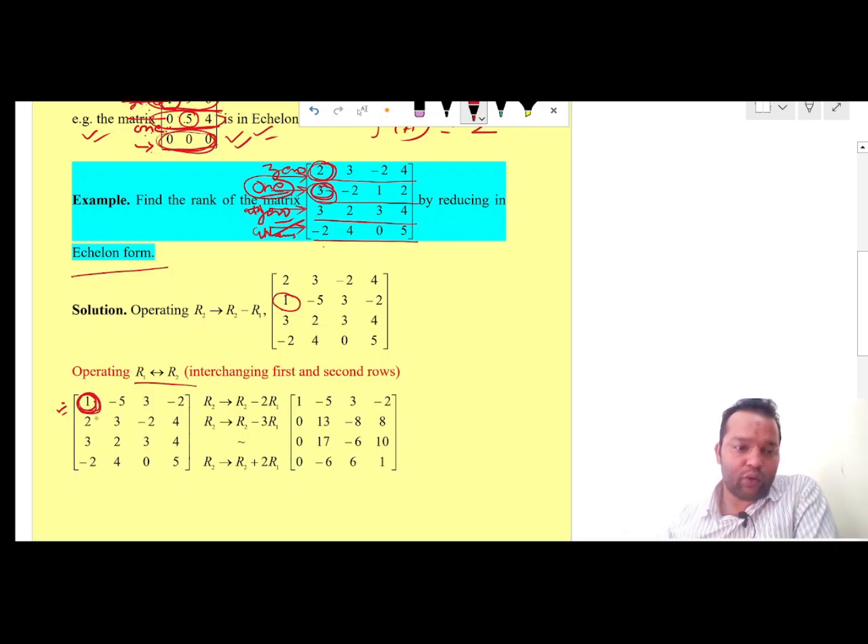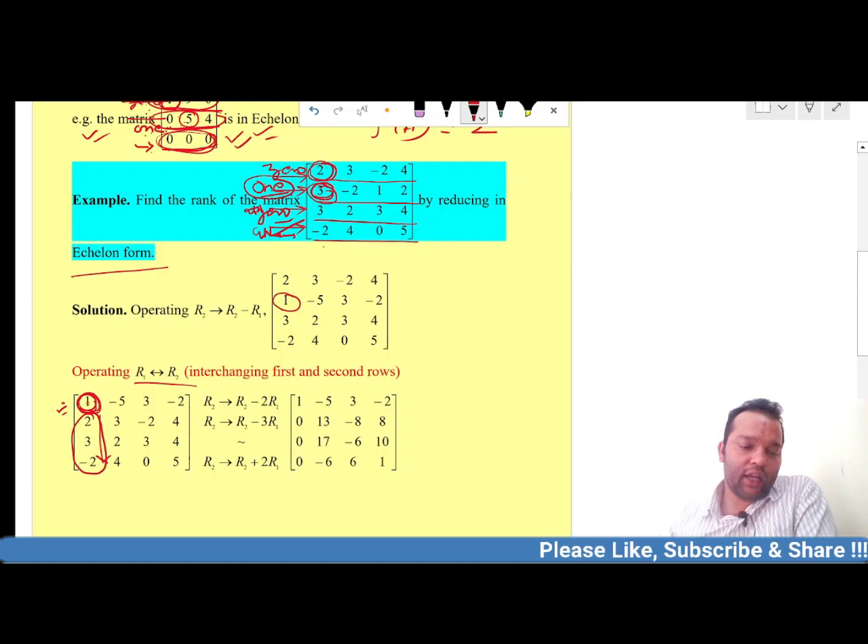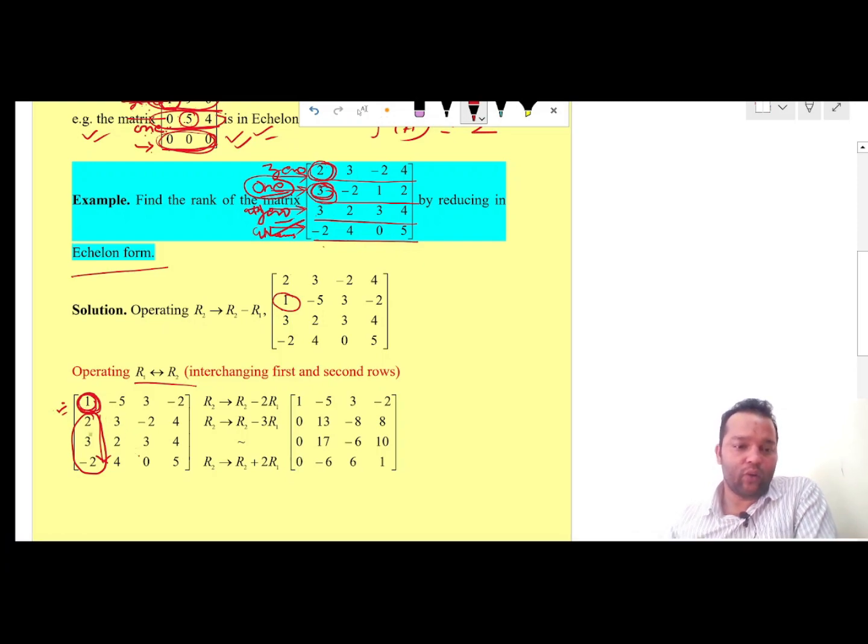So with the help of this one, our objective is to reduce all these 3 entries into 0, as we have to increase the number of zeros before the first non-zero entry in each row, and the number of zeros must be increased row by row. So therefore, in order to reduce this entry into 0, we have to apply R2 minus 2R1, and this entry into 0, we have to apply R2 minus 3R1, and this entry into 0, we have to apply R2 plus